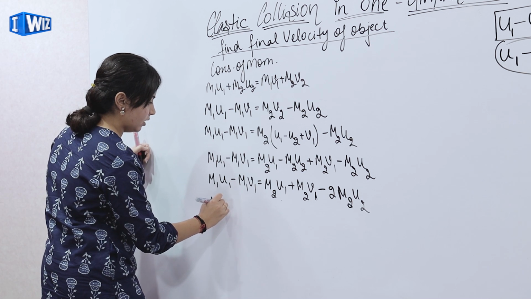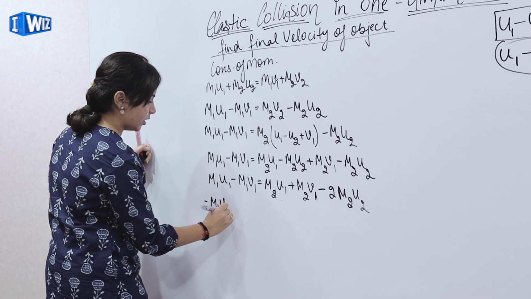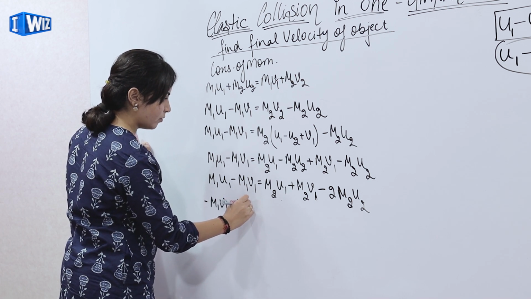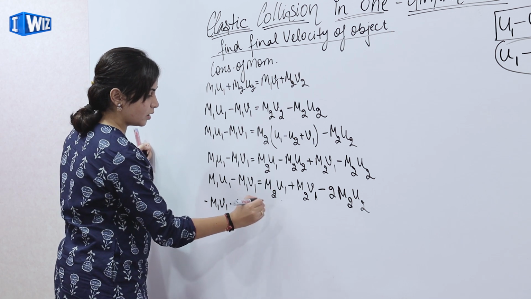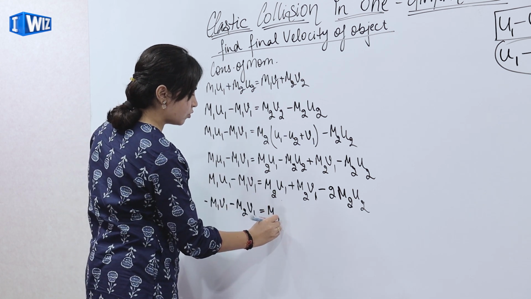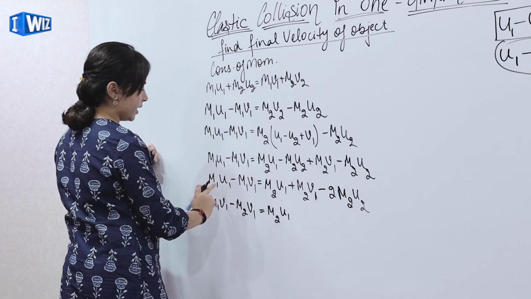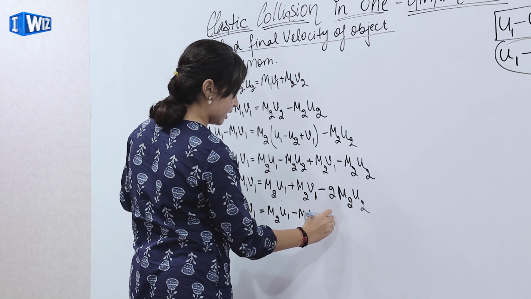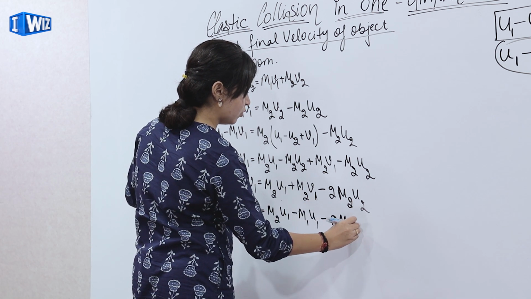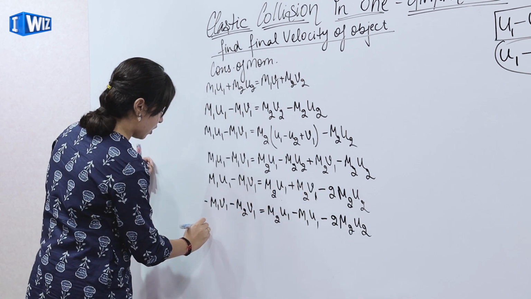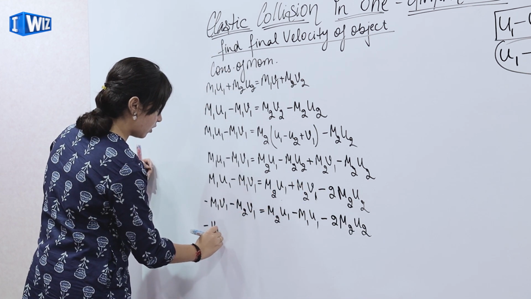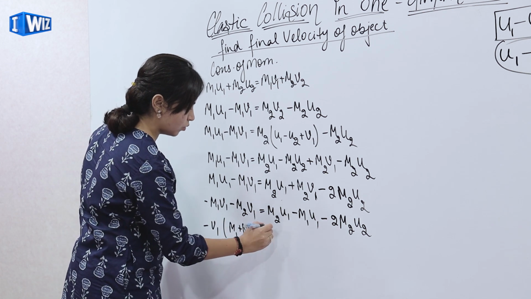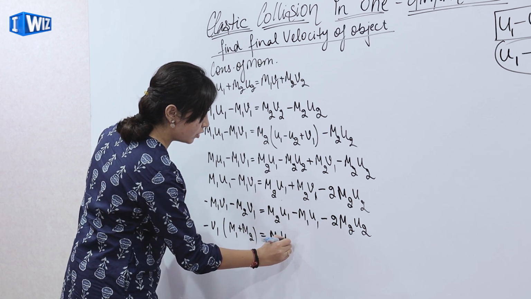So I'll get m1 minus m1 v1 from here minus m2 v1 is equal to m2 u1, this will get there, minus m1 u1 minus 2 m2 u2, or I'll get minus v1 common, m1 plus m2, which is equal to m2 u1